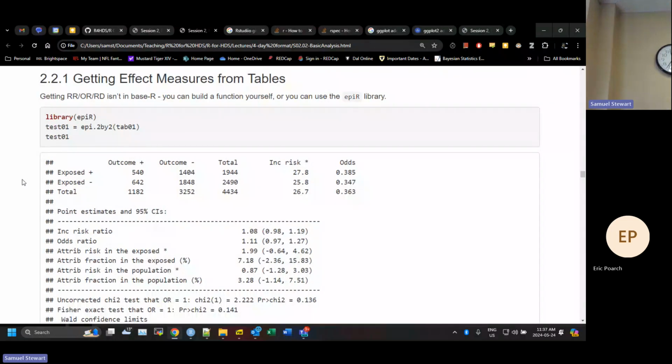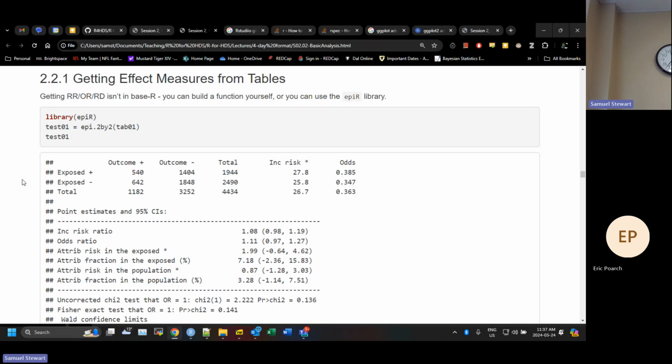If you want real effect measures, if you want to get deep into the relative risk and risk difference, you need to go to a different library. There are probably a bunch of libraries to do this. EpiR is the one I've found most useful, but I haven't checked in a couple of years to see if there's a smoother way to do this. I like the output it produces. It gives you the same 2x2 table as before, then totals, and then row percentages and odds. Those are all the numbers that are used in the creation of the